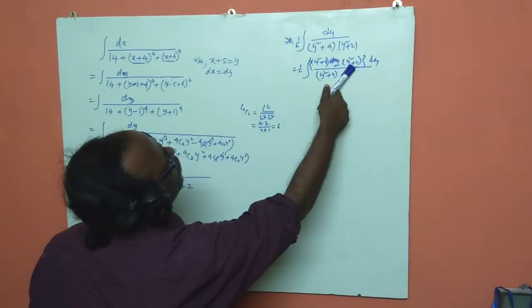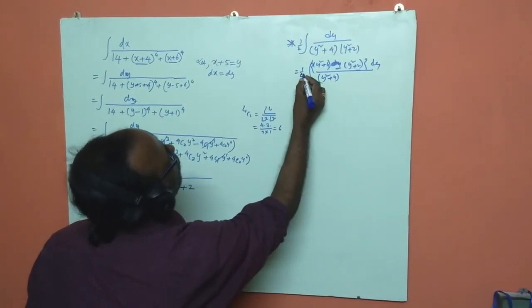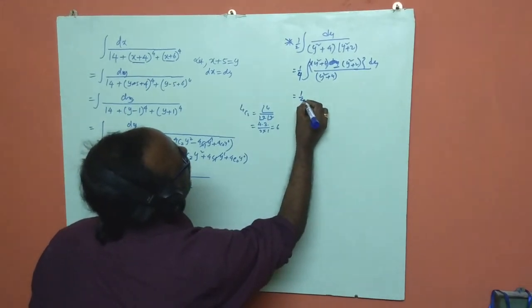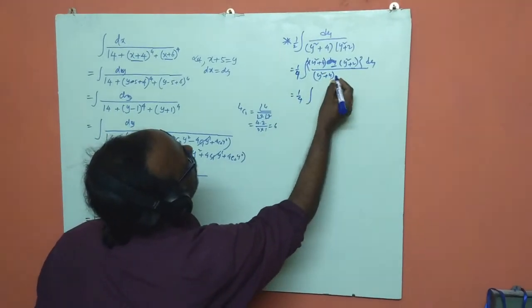The subtraction is 2, so it is 4 put it down, and 1 over 4,